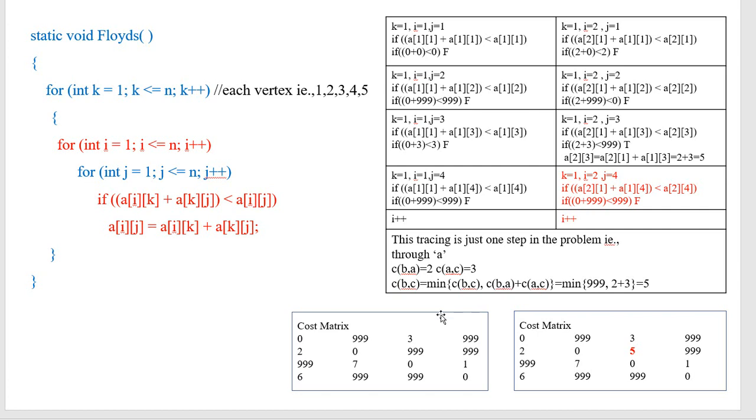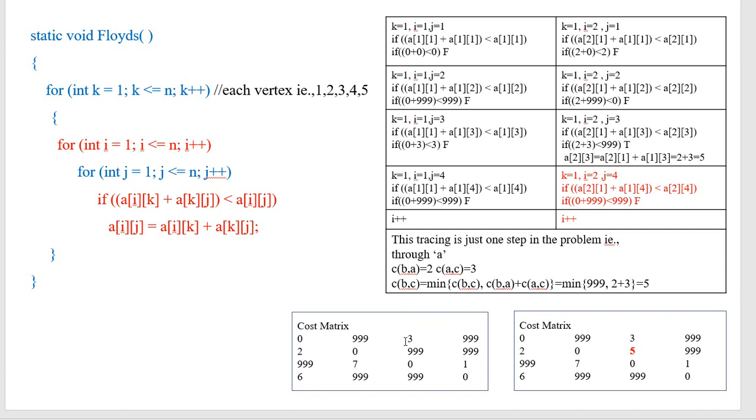So the condition is true, and I have changed the value of 2 comma 3 from 999 to 5.